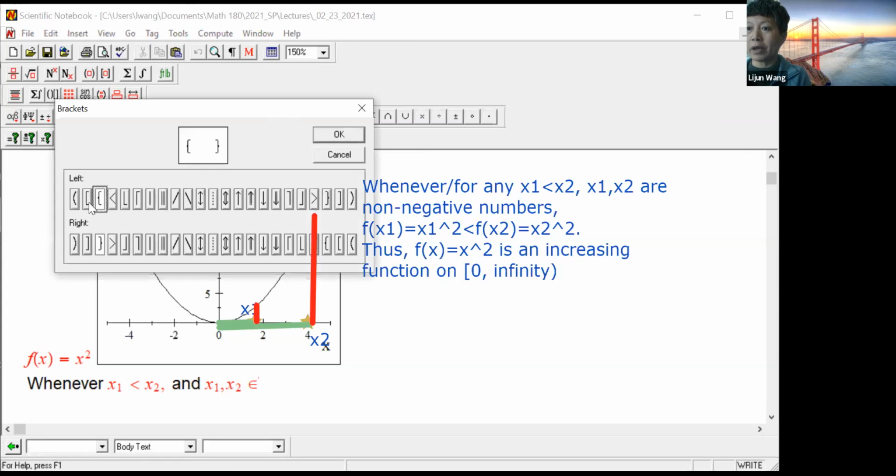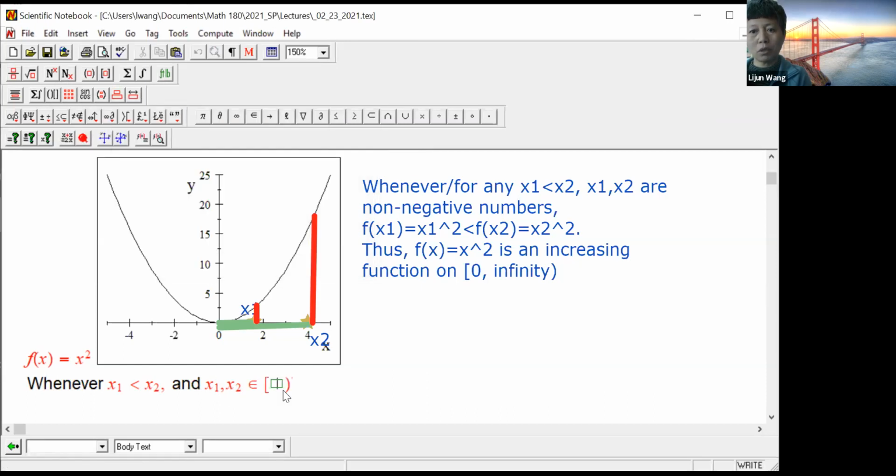I have to tell them where, because the statement I'm making is not going to be true if I'm talking about the other interval. Do you follow me? 0 to infinity. Whenever x1 is less than x2 and x1 and x2 are both from the interval from 0 to positive infinity,